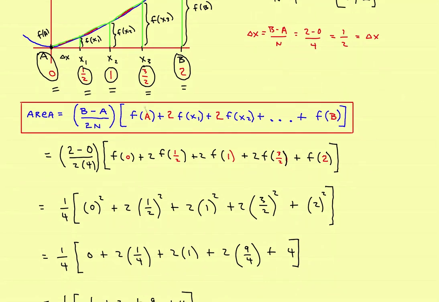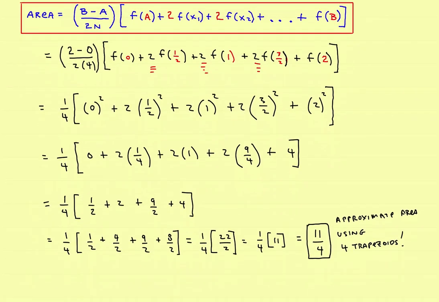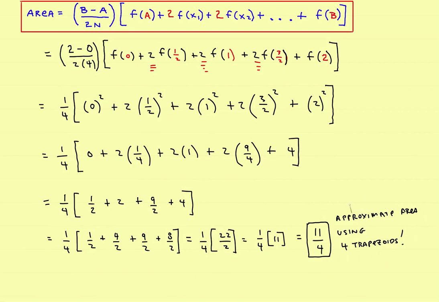And just a reminder, the first number and the first side and the last side are not multiplied by 2, but all the points in the middle are multiplied by 2. So an easy mistake to make, don't forget to put twice here, and twice here. So all the ones in the middle are multiplied times 2. And then just run through the algebra, and when you finally get finished, this will be the approximate area using